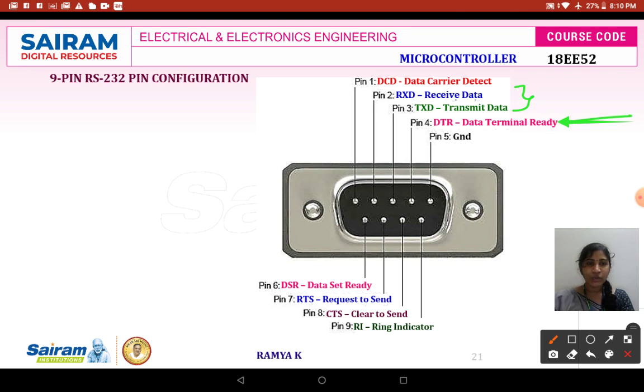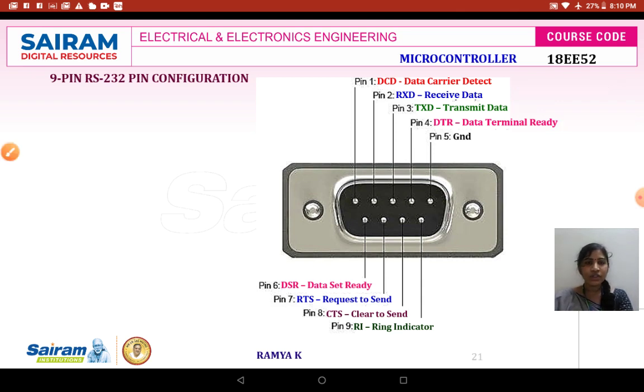Like if you are interfacing any hardware device, a valid command is given from the computer to the hardware device like a motor, LCD, lift operation, or temperature sensor. So for all these things it can give an input. Once it is detected, whatever operation it is assigned to perform by the respective hardware device will be done, and the signal will be transmitted. So TXD and RXD are mainly meant for transmitting and receiving the valid data that is placed on the communication channel. And the fifth pin is your ground.